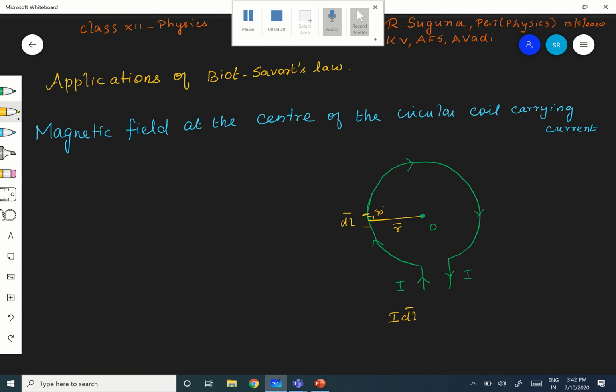First, we have to find the magnetic field due to a very small element, and find its magnitude and direction. Then, you have to find the magnetic field due to the full circular coil by integrating. So, to start with, according to the Biot-Savart law,